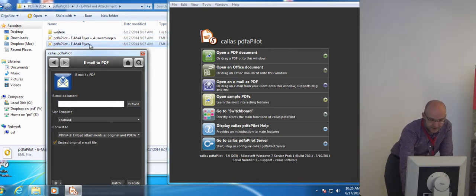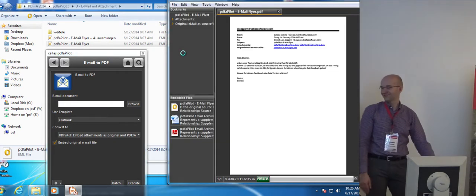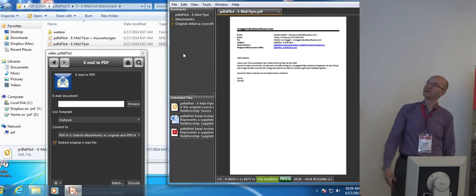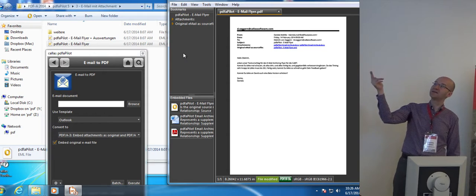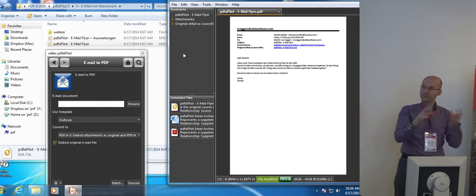Future is better. And as a final possibility, as we say in German, eierlegende Wollmilchsau, which means egg-laying wool-milk pig, you can also, of course, embed the original EML or MSG file in this PDF email file, so you have all the possible combinations inside.